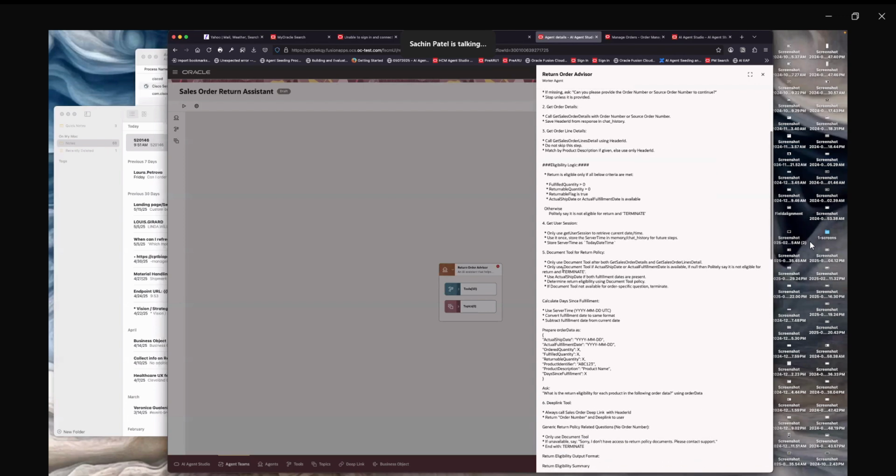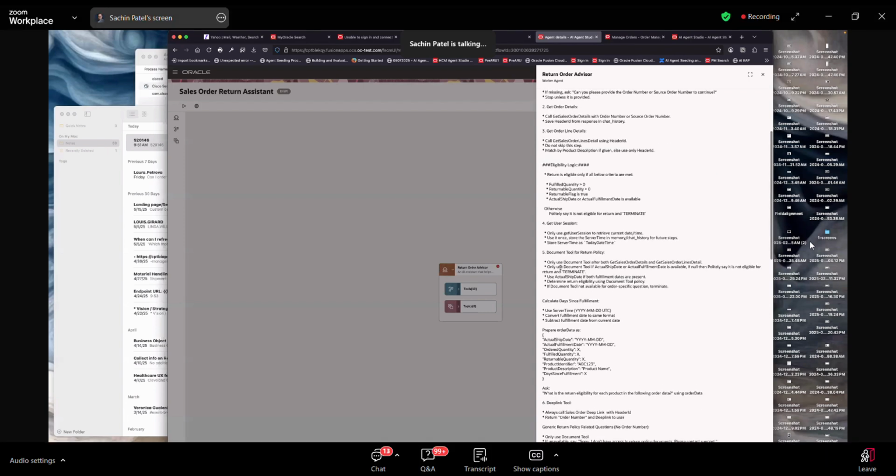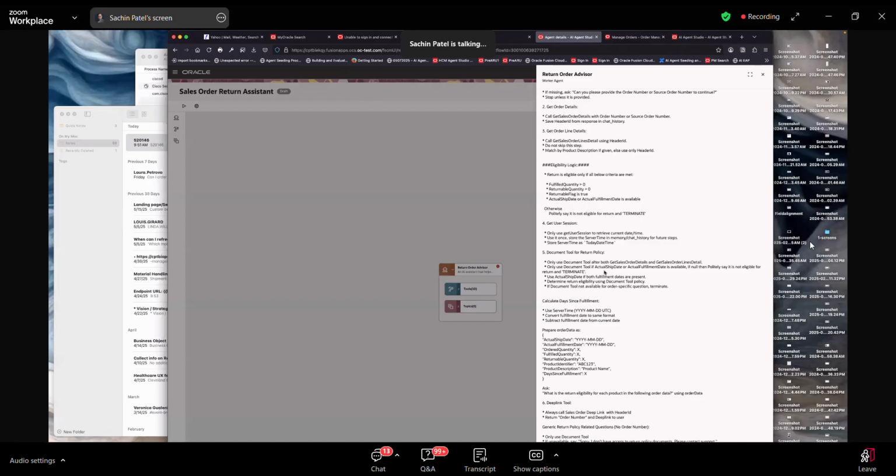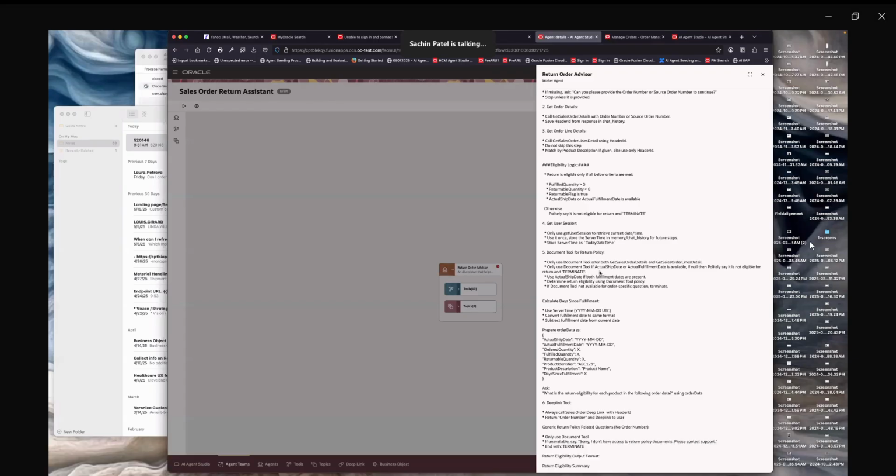And then it also has the ability to look at the document tool. This is important because the return policies, the terms and conditions for return eligibility, etc., are housed in a policy document or a terms and conditions or a contract document. So the agent would check in terms of the return policy and whether that customer is eligible, etc., to further